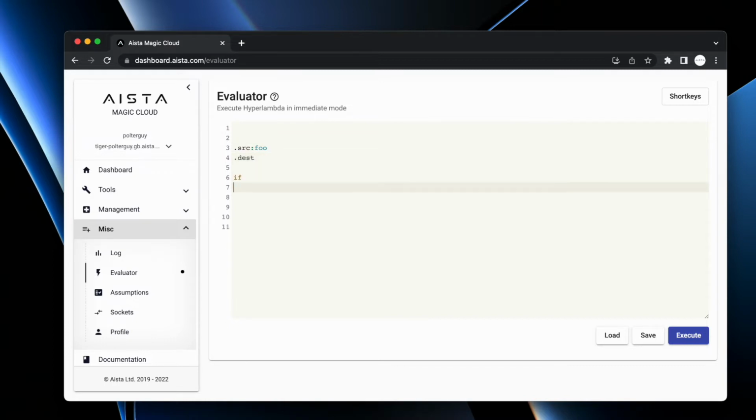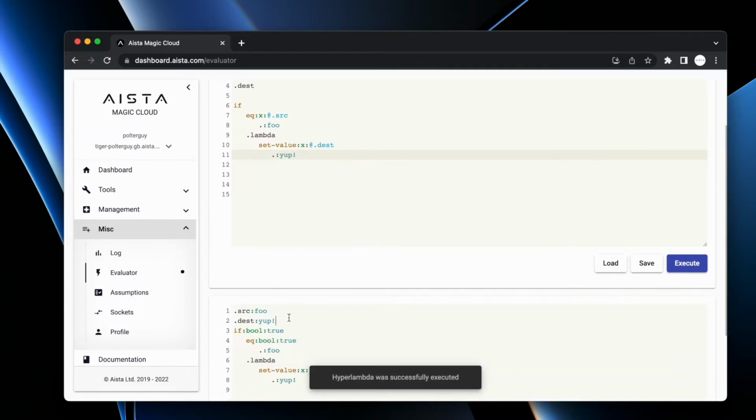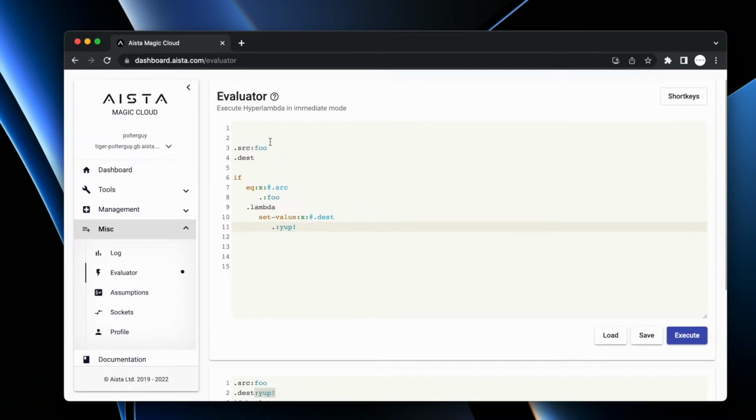And then let's write if, return, tab, eq, colon, x colon at .src, return, .colon foo, return, shift tab to go back to the indent, then .lambda, return, tab, set-value colon x colon at .dest, .colon yup. So let's execute this code, and as you can see, the destination node's value is transformed from